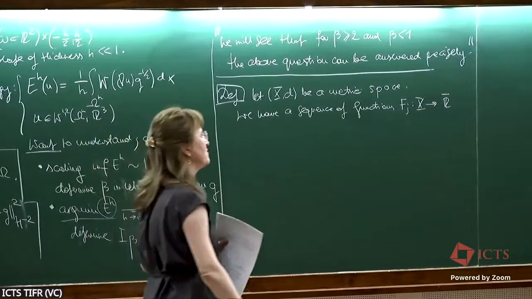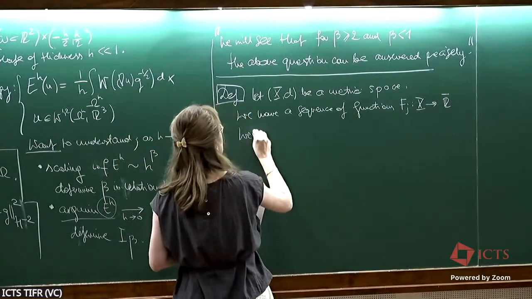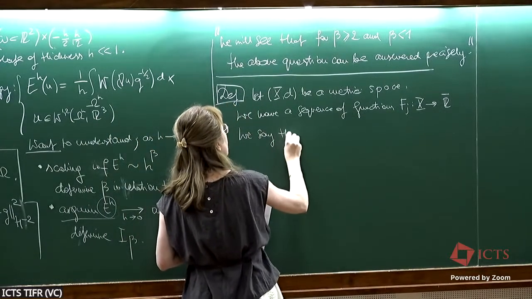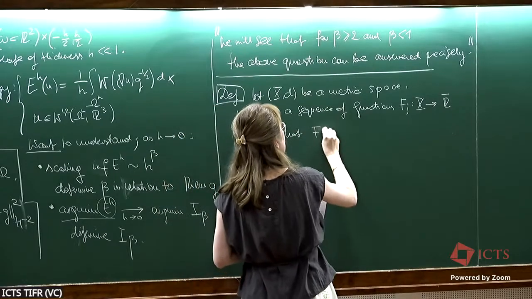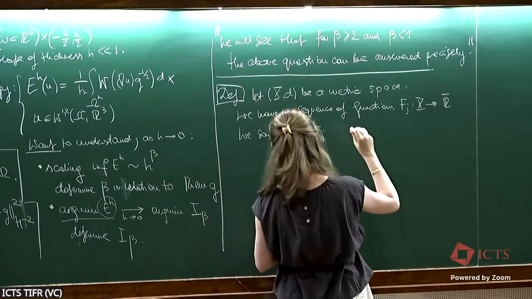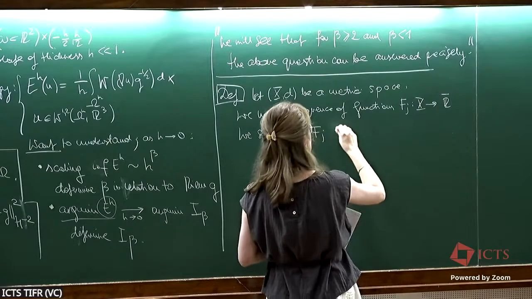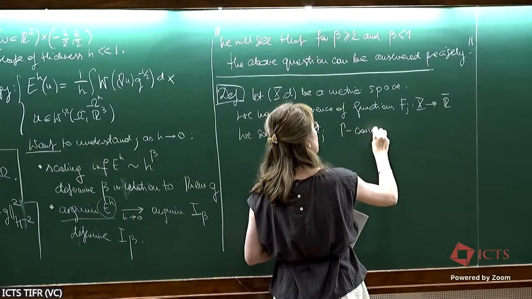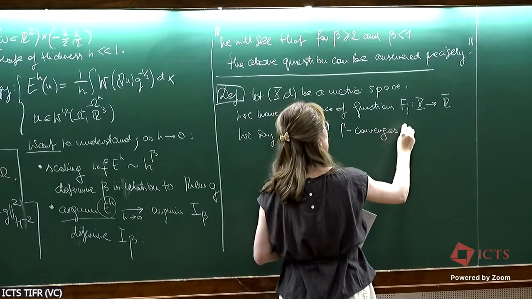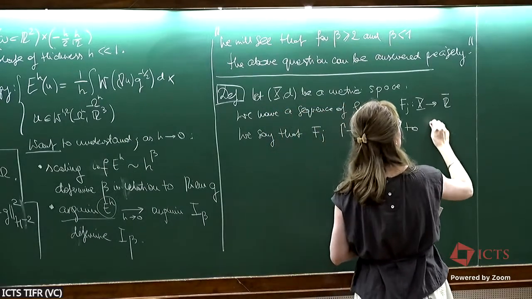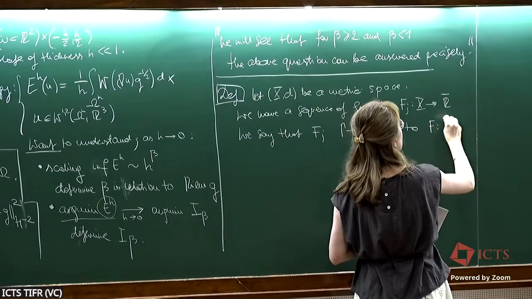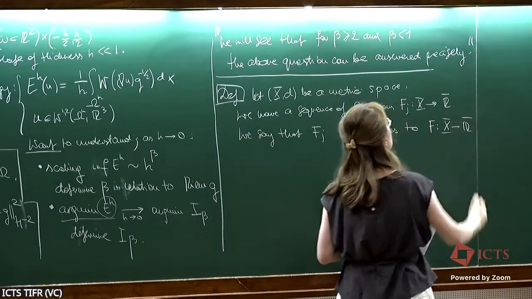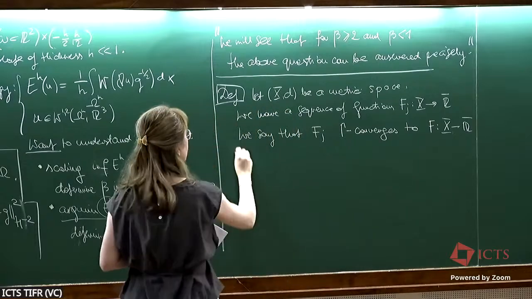A sequence of functions. And we say that F_j, okay, so gamma, it's really capital Gamma, converges to F, and F is another function from X to R, okay, provided that